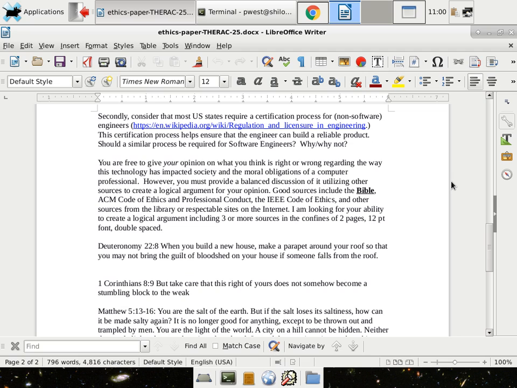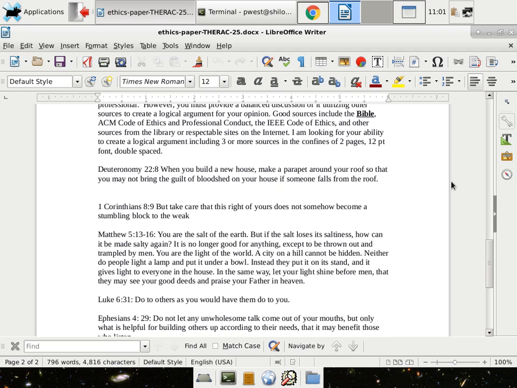First Corinthians. Yes. So, for example, would two quotes from the Bible count as two sources? Oh, that's a good one. Sure. Why not? All right, 1 Corinthians 8:9. But take care that this right of yours does not somehow become a stumbling block for the weak. That one might be slightly out of context, but, well, not quite. I mean, you are a software programmer. The patient probably is not. It's a little out of context, I'll admit, but yeah, it can be applied.